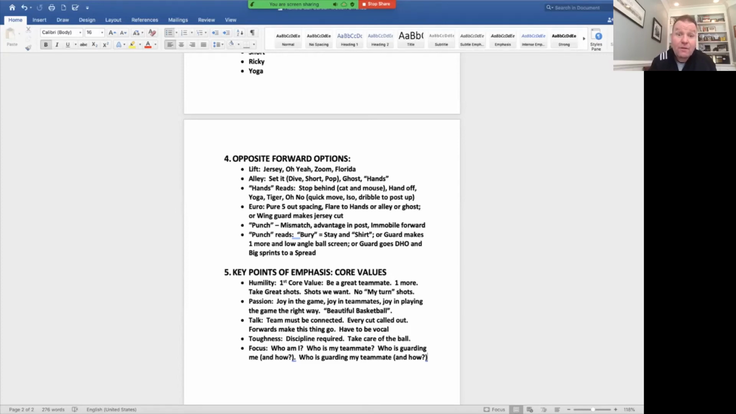The other thing that the forward could do, which we didn't get to as much of, is they could Euro out to the corner three to create pure 5-out spacing, or to flare for the wing to hands, in different reads like that. And then the last option for the opposite forward, and this could be for your forward who's not that mobile, not that skilled as a decision maker, or maybe you've got a great mismatch inside,